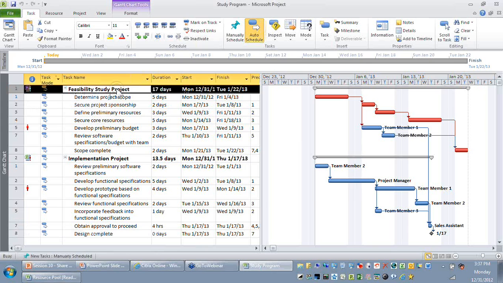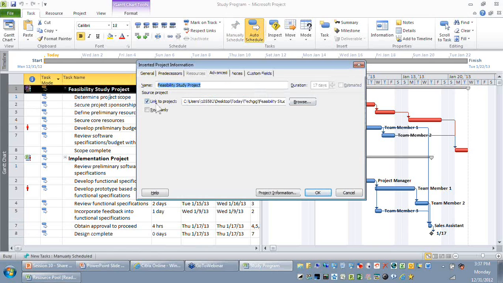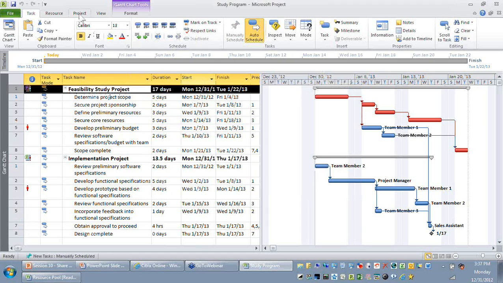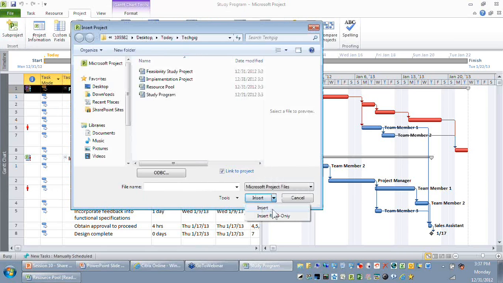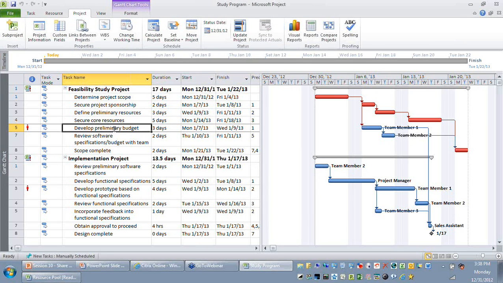Okay. Another point you need to remember is, by default, when you use this project sub-project, I use this insert option. Remember, when you insert a sub-project, you always have an option to insert it in read-write mode or in read-only mode also. After you have inserted it, naturally it will be linked to a particular location.